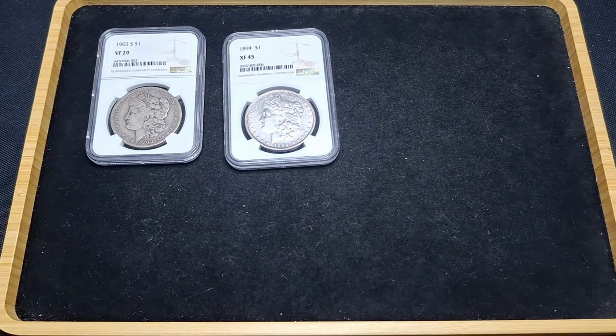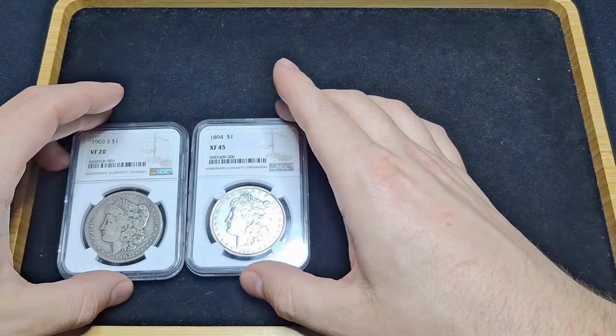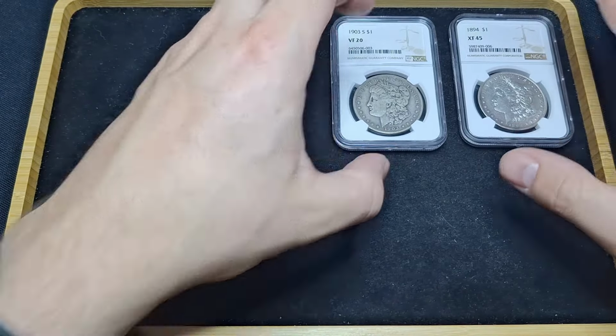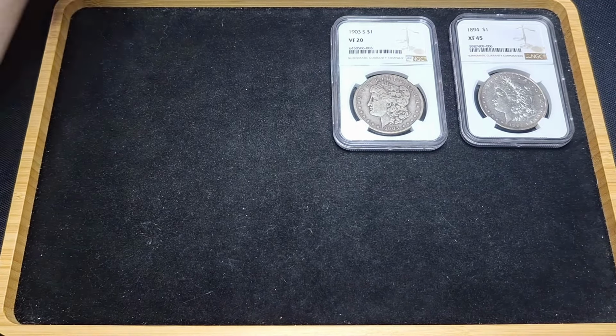Other coins, ooh, pardon me, just bumped that. So other coins that I put over there, was able to pick up, keep bumping the dang camera,